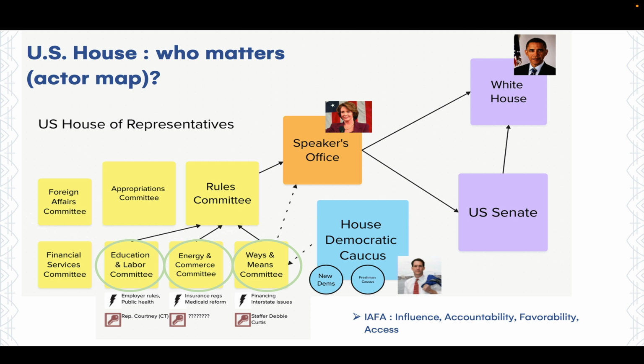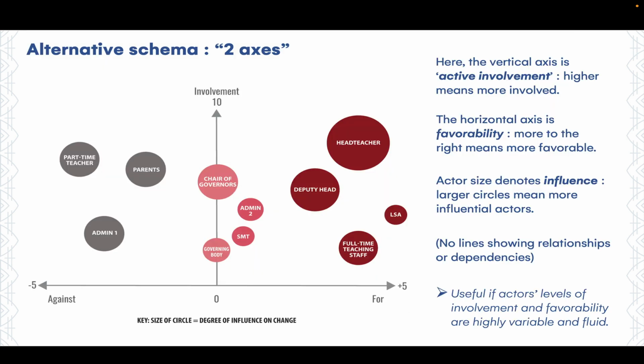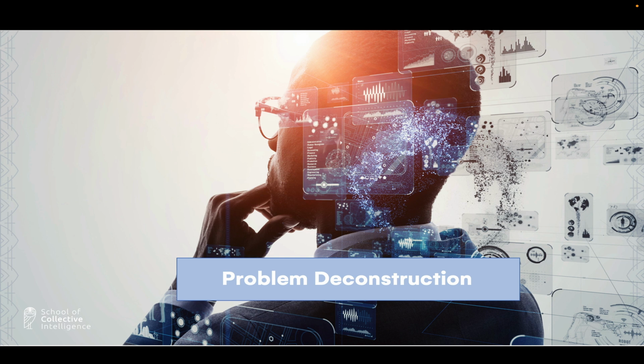I'm just going to show you one actor map. In a video I talk about how I played a small role in getting an amendment to President Obama's healthcare law passed in 2009, 2010. And here's another schema of an actor map where you're just analyzing where different actors stand and their involvement in the issue and their favorability towards you or against you. These are just 2 possible ways of visualizing this information. So I'm going to recommend those other videos to you, but we're going to move on in this